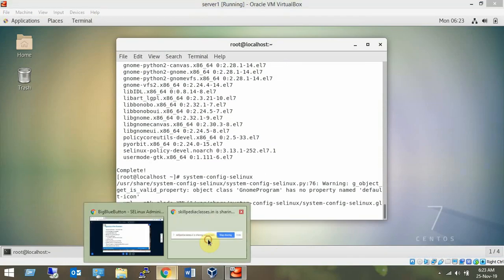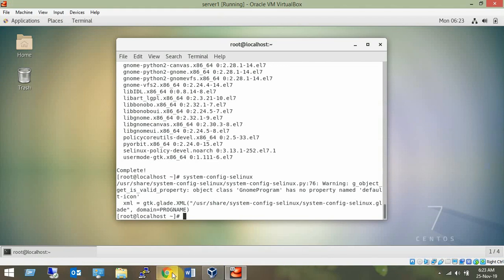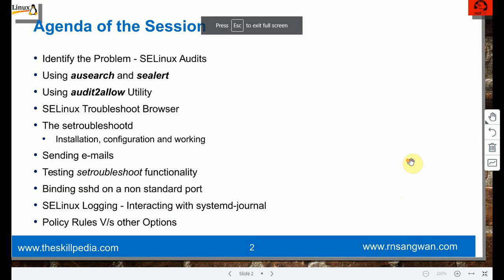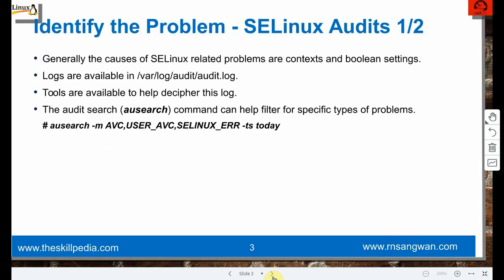Let's continue now. So this is the agenda. Let's start. Identify the problem, that is SELinux audits. Generally the cause of SELinux related problems are context and boolean settings. Context refer to the policy which we were talking about, and the boolean setting refer to the enable, disable, or allow, deny. Logs are available in /var/log/audit/audit.log file, but you don't have to go and manually check this